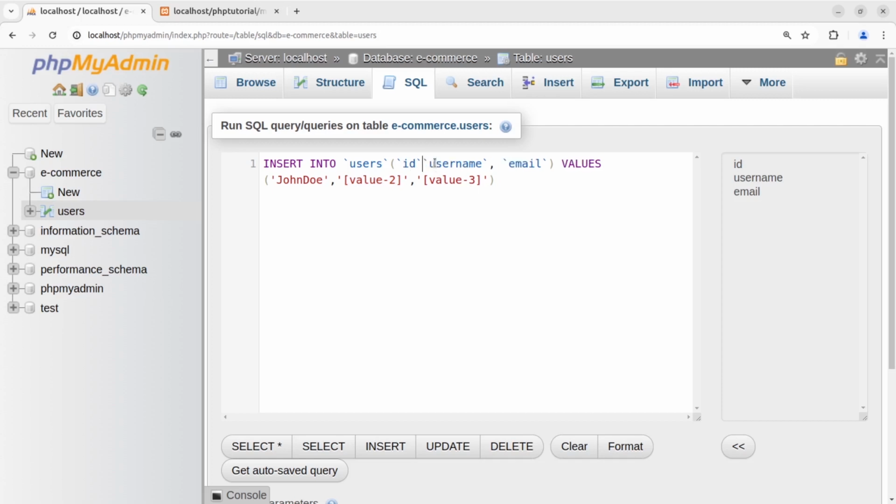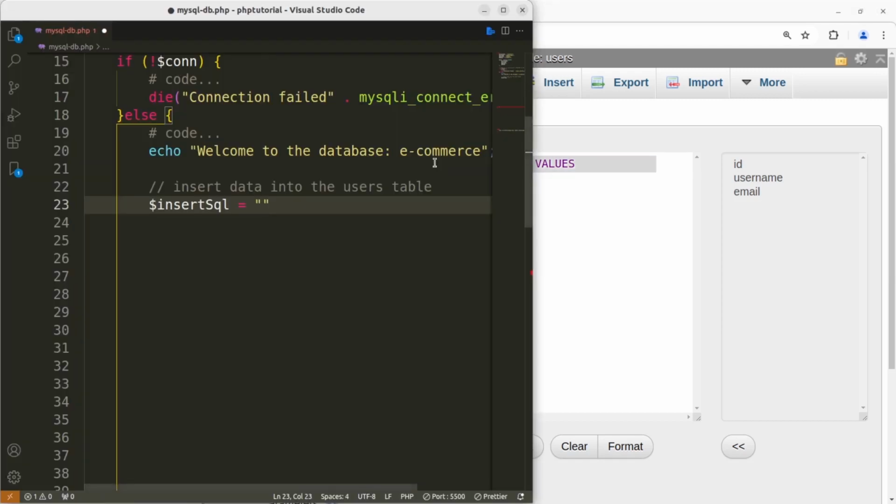So let me cut that from here, and we also do not need this third value because we have cut that first column. Now the second value for the email would be, say, john@example.com. Now once you are satisfied with the query, let's copy this query from here, get back to VS Code